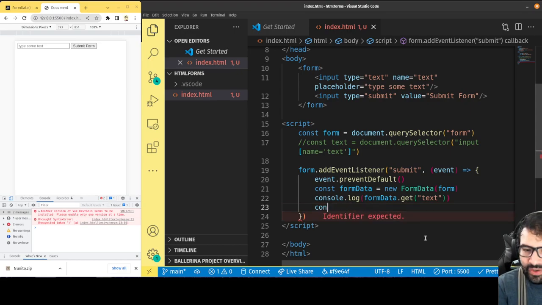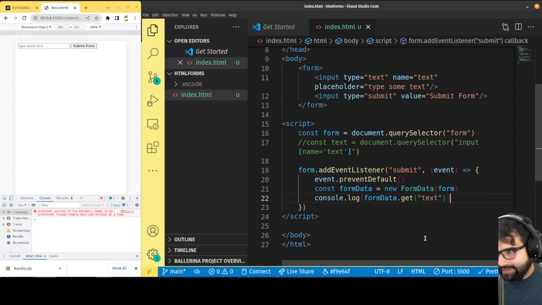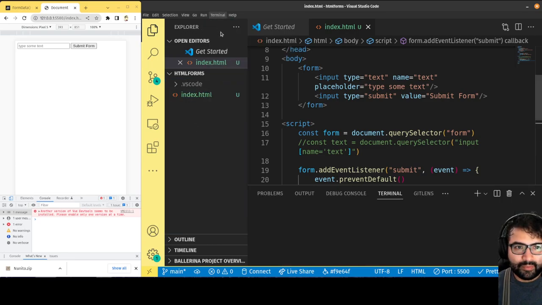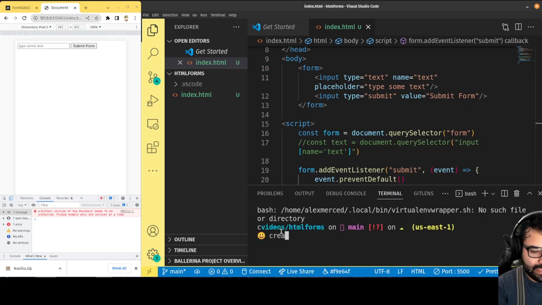But cool. Now that you're aware that there's this form data object, you can use this when you're writing things like React. Whether it's Svelte or Vue, you can follow the same pattern. So what I'm going to do is create a React app real quick. I am going to hit new terminal and say create React app. Well, I've got to do npx create-react-app